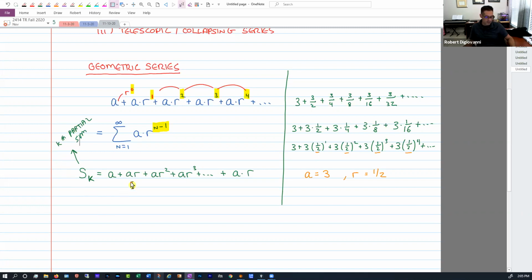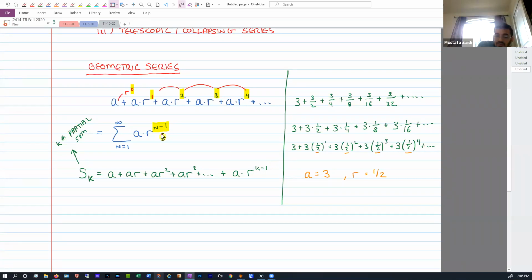There's the first one, second one, third one, fourth one, fifth one. What would that last one be? If I stop my sum at K, what would the last power be? K minus 1. Is it the same as R to the n minus 1? Yeah, I'm using this formula right here. Look,